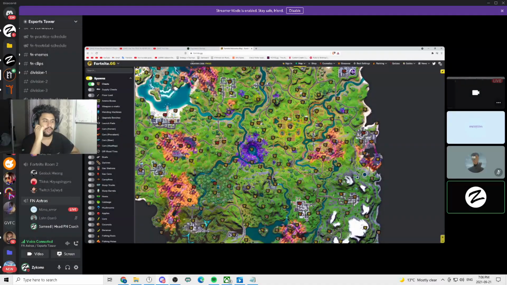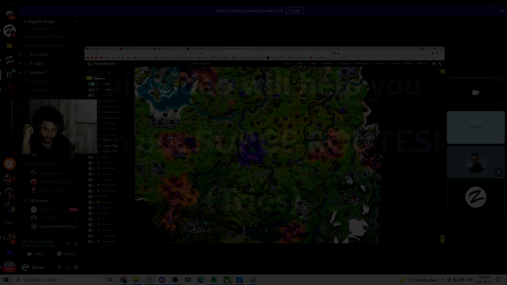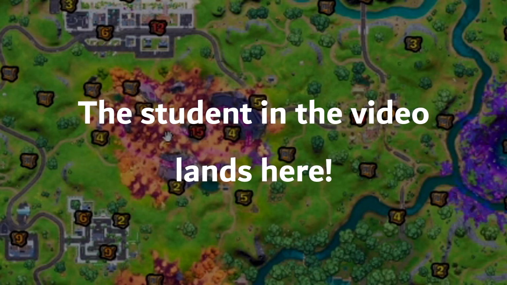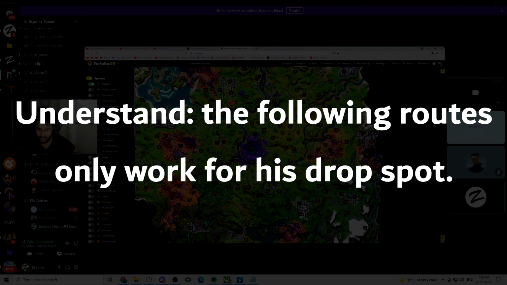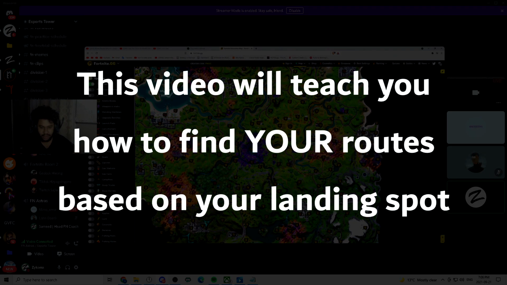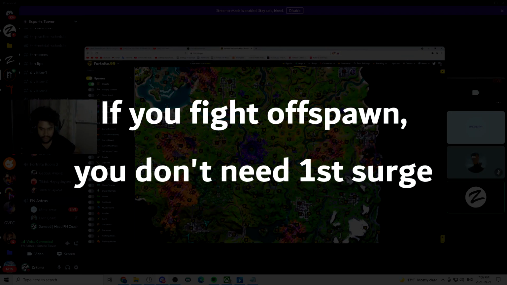Okay, so essentially what I like to do for surge route is plan out zone possibilities. The 4 most common zones I would do are the corners of the map. And if the zone pulls some variation of that, you can have a surge route planned already. Okay, so let's first assume you're uncon, because if you're con and you fight people, you don't need a